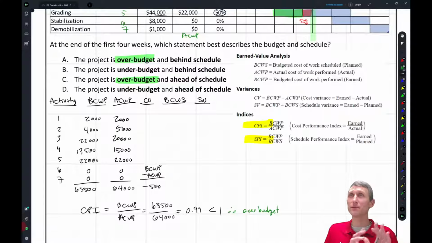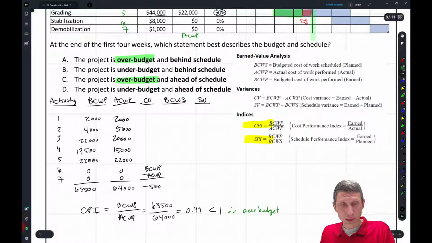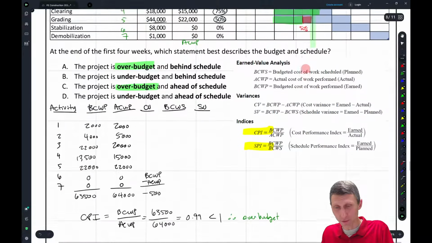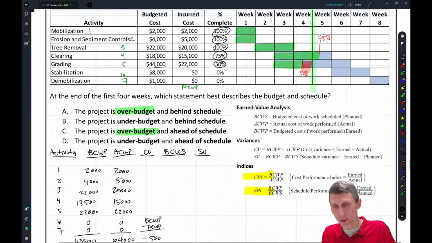Not a huge deal, but it's a little bit over budget. Okay. So let's do the same thing with schedule performance index, and what's that going to look like? The BCWS, what do we have? This is going to be the budgeted cost of the work scheduled, right? So the scheduled work at this point, we anticipated that all of this work would be done, so the budgeted